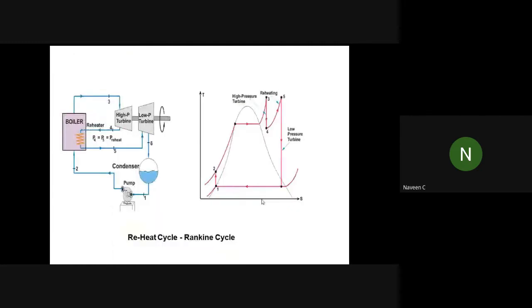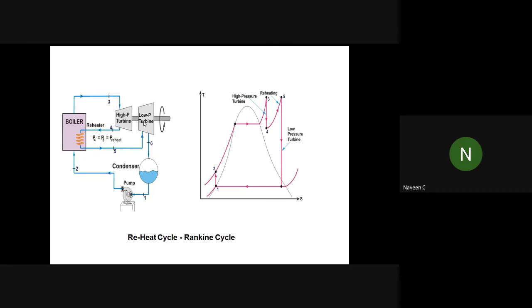So we'll move on to this. Even though it's not in your syllabus, I need to show it so you can see the overall structure. You can see you are giving input in the boiler. The boiler will heat your water and it will be given to the high pressure turbine. Once there will be stages of turbine.